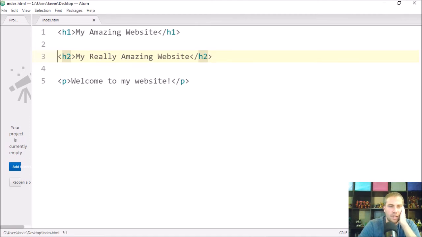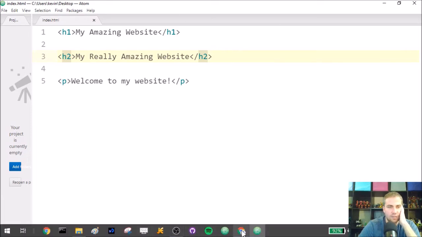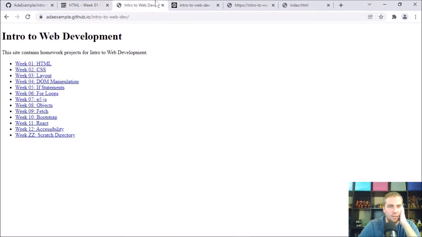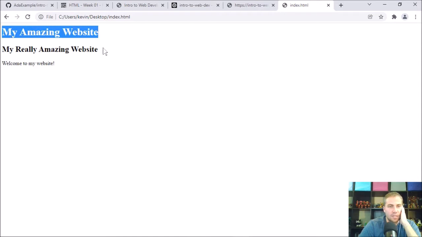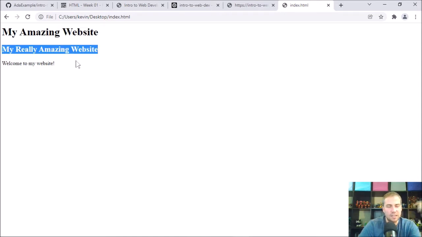So that's HTML tags. You have the opening tag, then some content, and then the closing tag, which says now we're done rendering this as whatever, in this case a heading. So let me go back to my browser and maybe refresh and see what that looks like. Where did I put that? Here. So now you see, here's my H1 content, here's my H2 content, which is a slightly smaller heading, like a second level heading, and then here's our regular